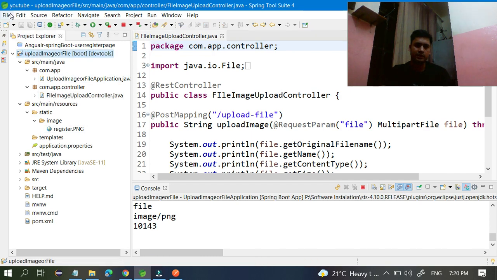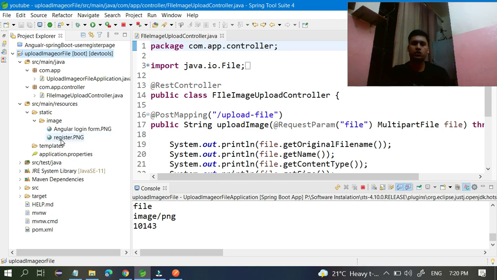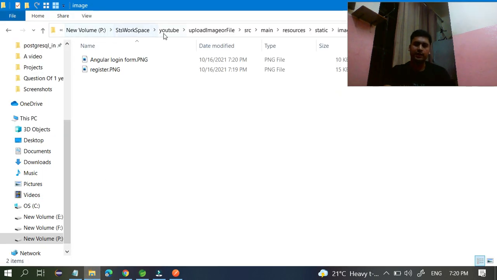If you go to the target, you can see there is no image right now. Go to the place where your application is stored, and here you can see two images stored. This is the upload image file.